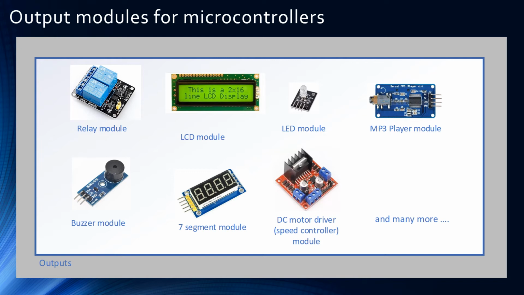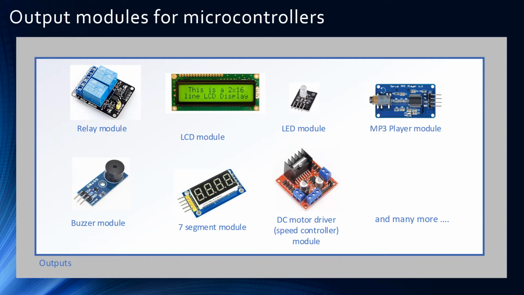There is also one that's quite interesting, which is the MP3 player module. This output can play some songs, depending on the music that you insert into the SD card. If you flip this module, you can see the SD card connector, the SD card socket. So you can plug in an SD card with some music on it in this module, and then you can control it by Arduino. Okay, so this is the output module.